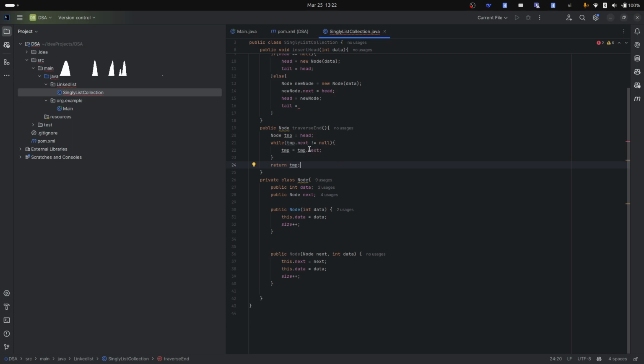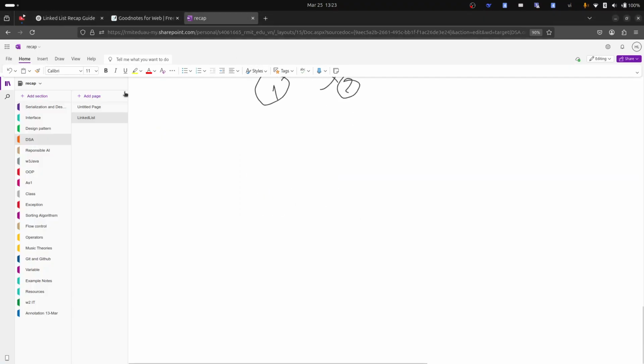So the last element is, for example, I'm going to set an example for